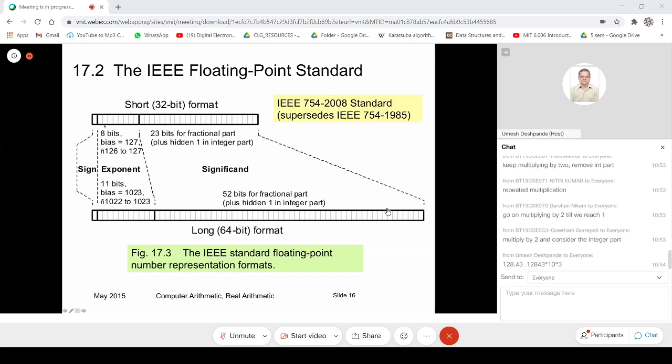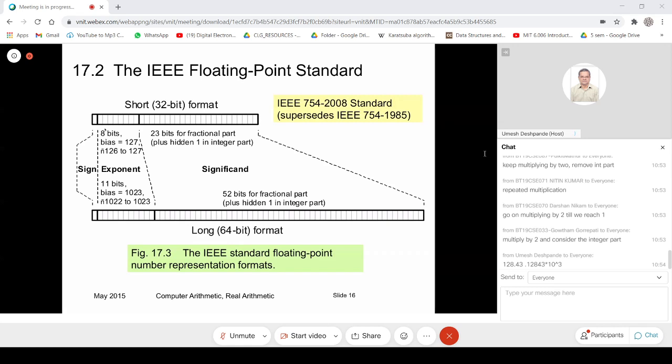In order to simplify the circuitry that is required for exponent computations, this exponent is added a bias. A bias would mean, if I take these 8 bits, as we have discussed, we can represent minus 128 to 127.